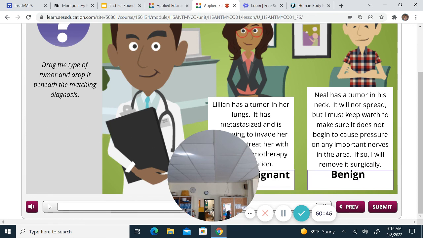So if you have benign growths and stuff like that, they might not remove it unless it's causing damage. Females will have these benign growths in their breasts, like breast cysts, or I keep forgetting the other one. But you know, that's a big thing as far as breast cancer. So they might watch it to make sure,